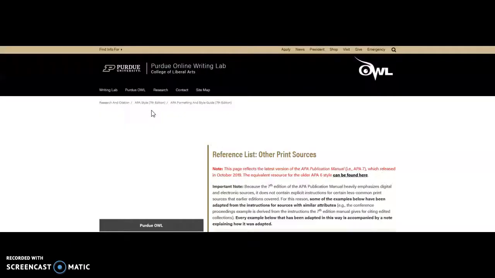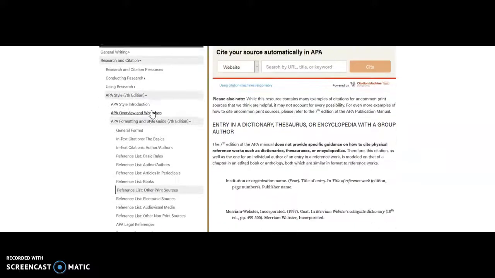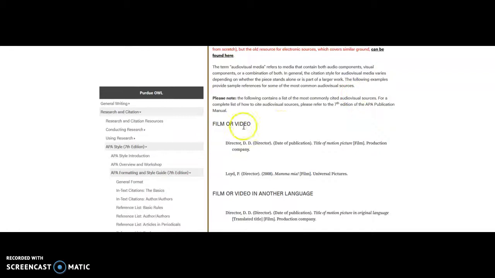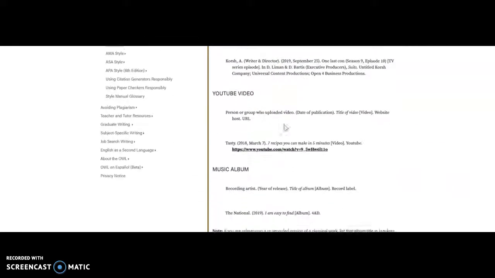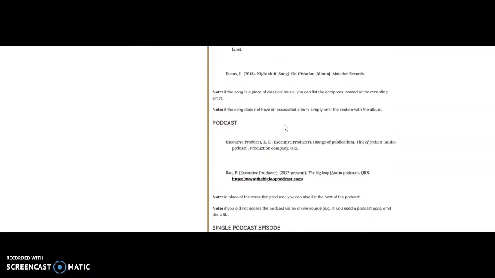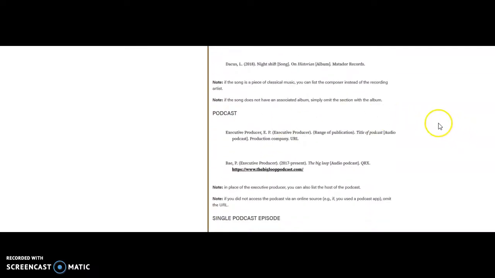Other print sources, how to cite certain things, audio-visual media, how do you cite a film or video, a TV series, a YouTube video. There are different ways of adding your citation at the end and how to do that. A podcast. How do you cite a podcast? Well, it's right here. You put the executive producer in parentheses, executive producer, as well as